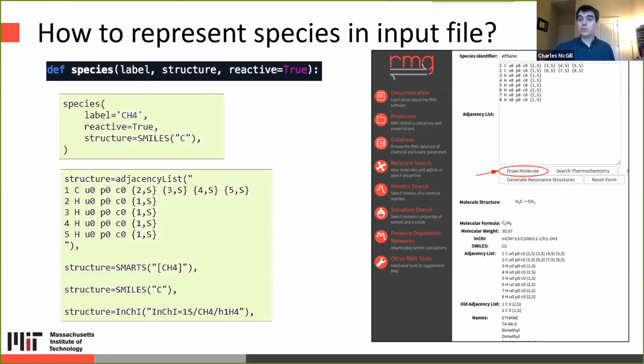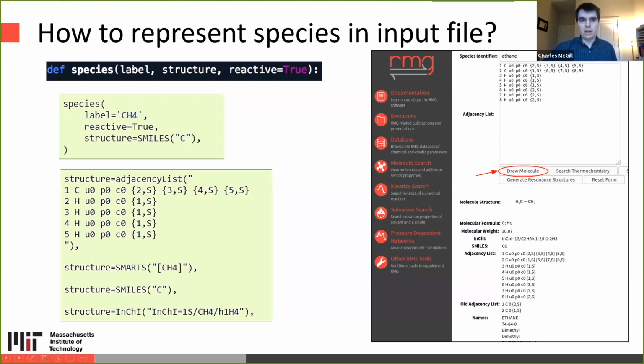The first way that people will usually interact with the molecule representations in RMG is through the RMG input file. In the input file, we have to specify the species that we are using for our model inputs. The species function has three required arguments.